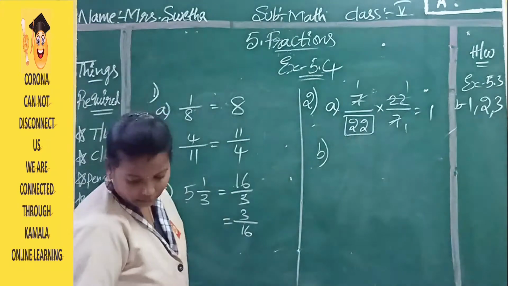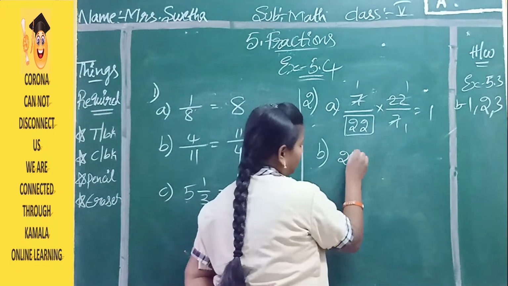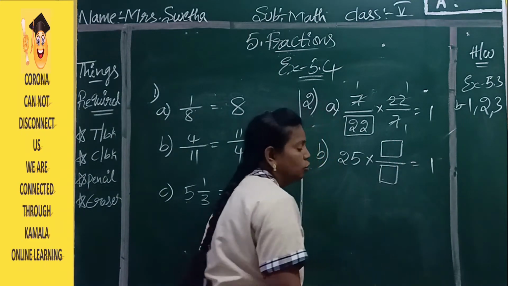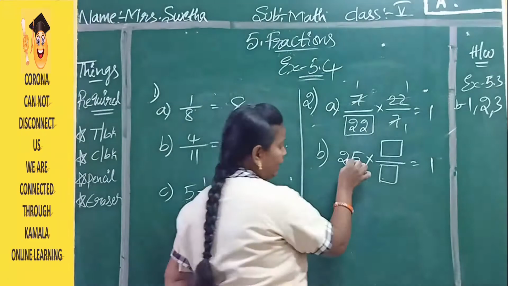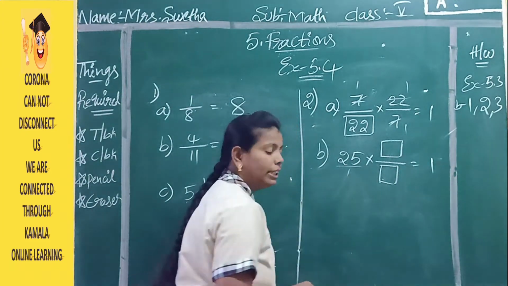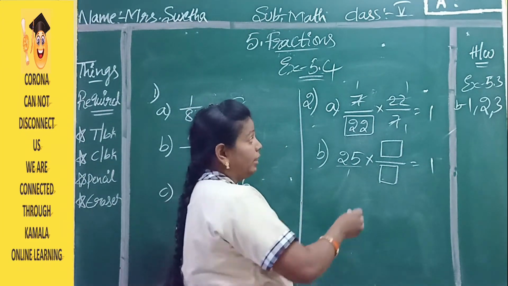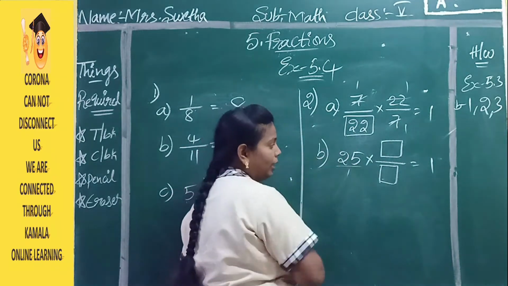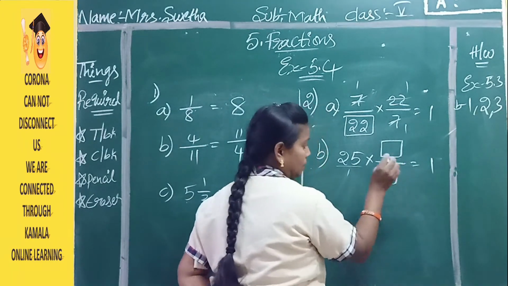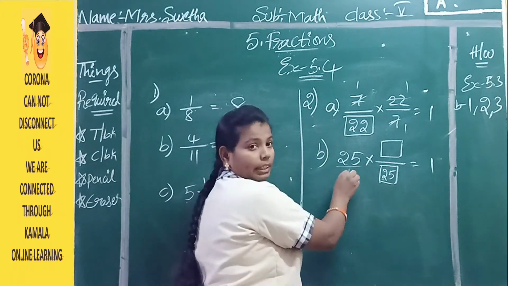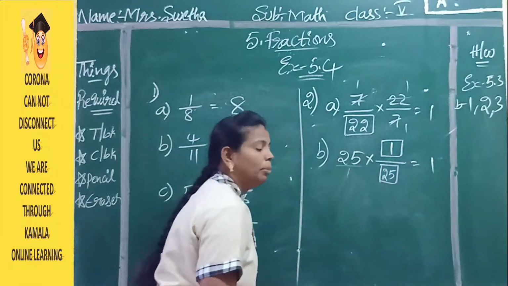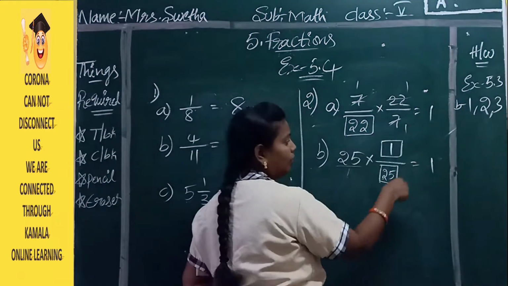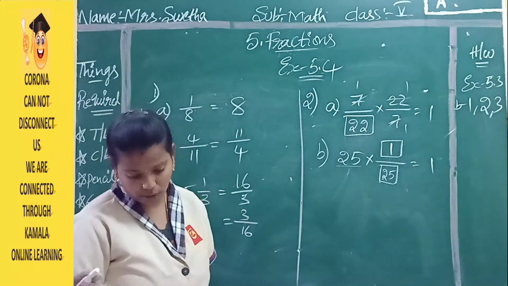See your second bit again. So 25. Here you have both blanks. I said already that if nothing is there under a whole number you have to think of it as 1. Here the opposite numerator and denominator should be the same numbers. See, here it is there in the numerator place, so here it should be in the denominator place. Here you have the number 1 in the denominator place, so in the numerator place you should have the number 1. If you cancel 25 and 25, all ones will be there, so again you will get your answer as 1.